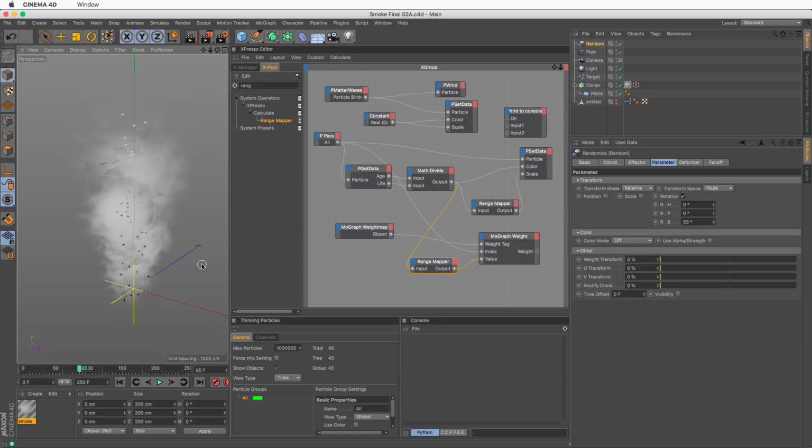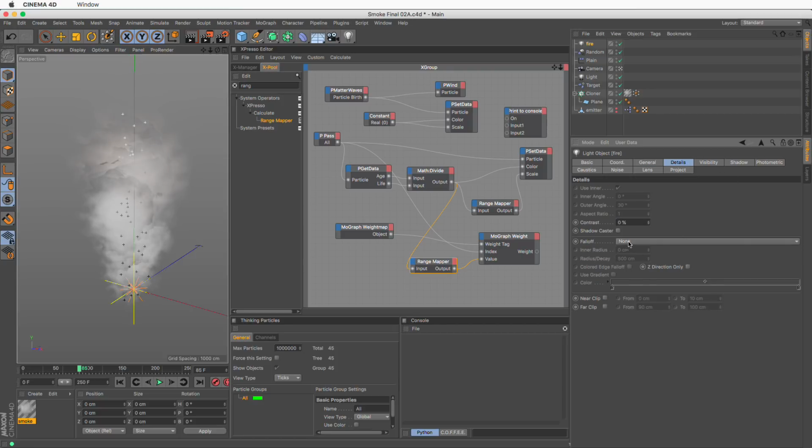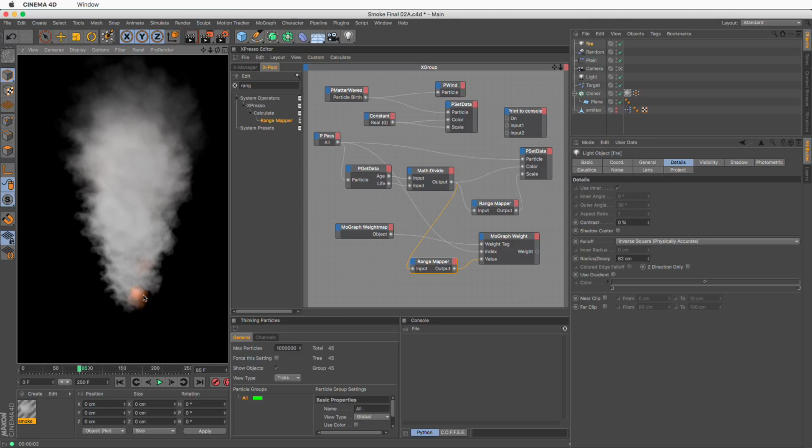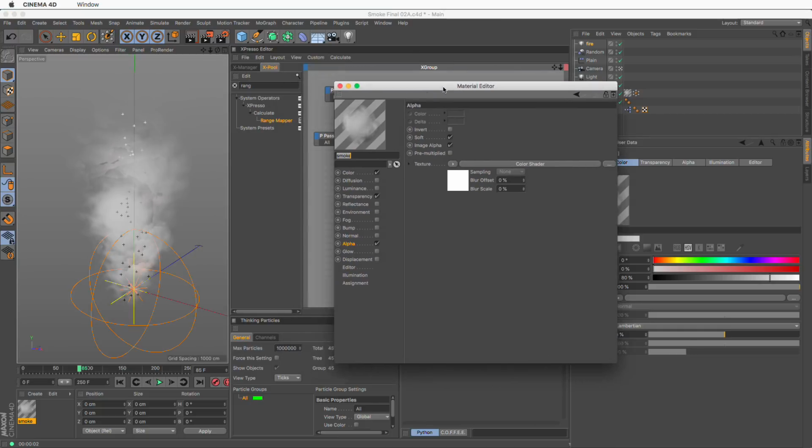Let me save. And the final thing is to actually create some sort of fire glow here. And I'm going to do this by adding a light. I'm going to call this fire. I'm going to set the color to be a nice orange, and I'm going to set the fall off to be inverse square. Make this something like 50 or even a bit more. And if I render, you will see that we get some of these puffs lit up, but nothing really strong. So go to your material, and if it doesn't work the first time you click, just click again.